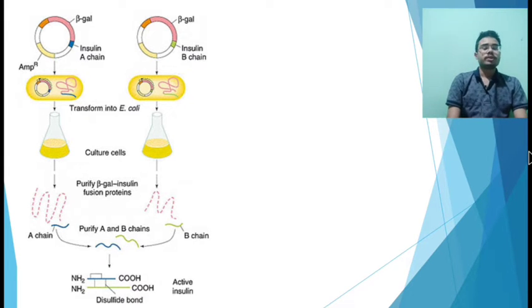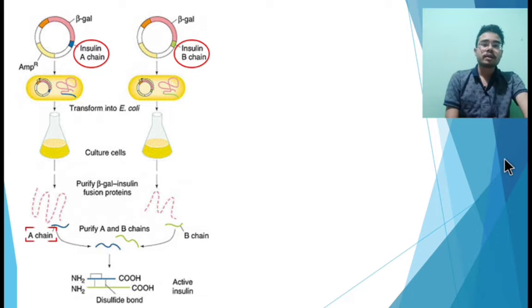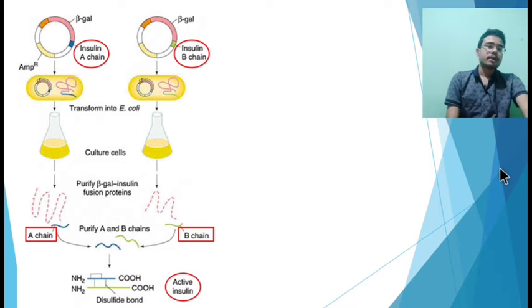Insulin has two chains, that is A chain and B chain. Now what scientists did, they just put the A chain in one Escherichia coli bacteria and the B chain in another one. When the bacteria proliferate, they produce A chain and B chain separately in a large amount. Now it is very easy for the scientists to combine them with disulfide bonds and active insulin is produced. So you can see that active insulin is produced in a commercial manner